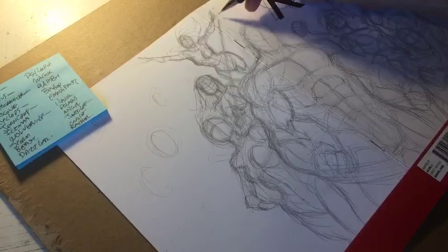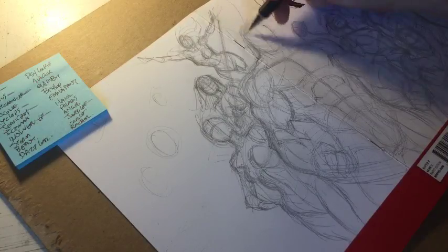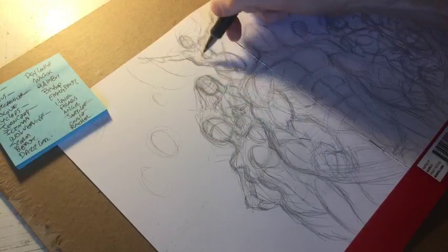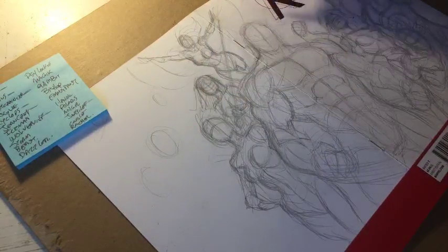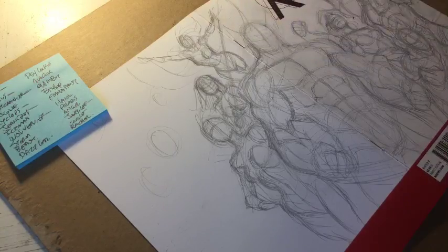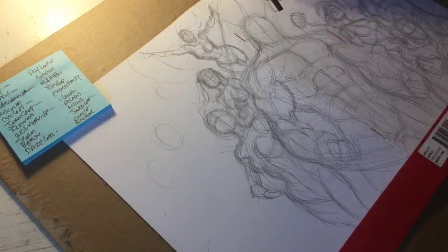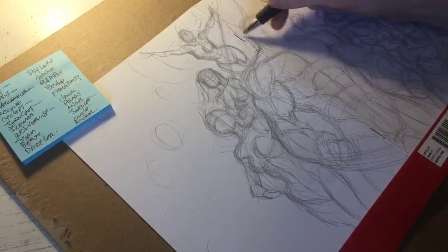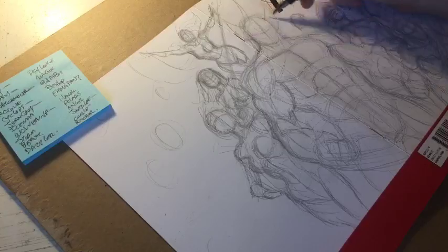So Storm right there. I want to be careful how I draw in her cape because I don't want it to use up so much real estate that we can't fit in other characters appropriately. So let's see. But ultimately, if you want to be a comic book artist, learn